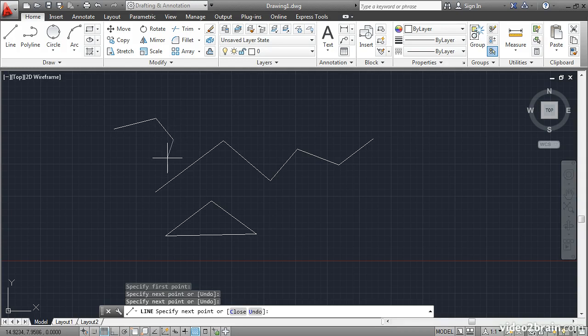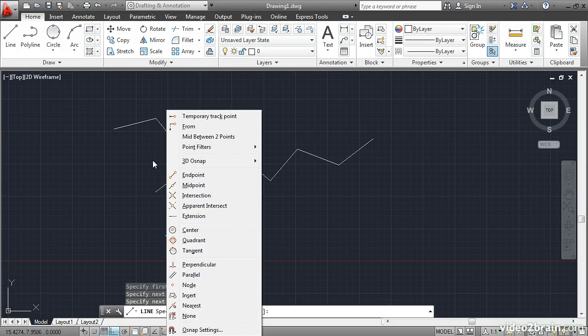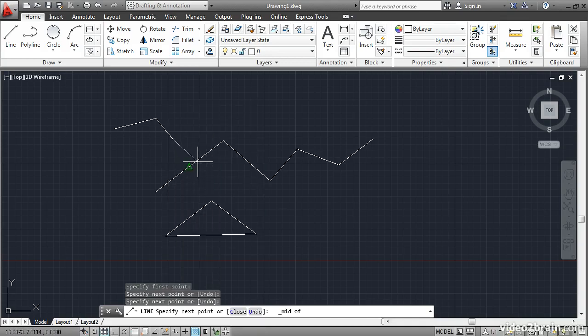Now I'm going to hold down the Shift key and right-click to open a special context menu that has a list of object snaps. Object snaps allow you to connect objects to other objects at specific geometric points. I'll click Midpoint and move the cursor around, and you'll see that green midpoints will appear on each line segment. This allows me to snap precisely to these specified points. So the object snap is a bit like an adjective in this sentence that I'm writing. I'll click here to draw the line segment, and then I'll put a period on the end of the sentence